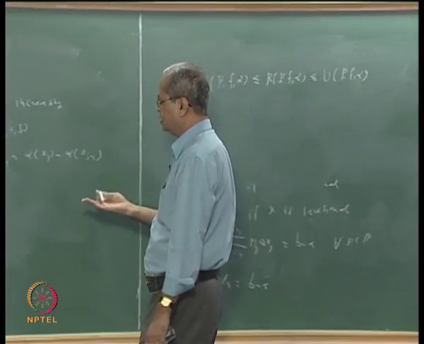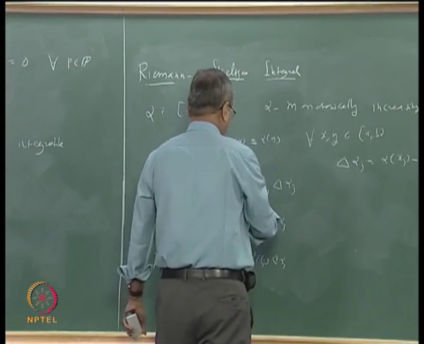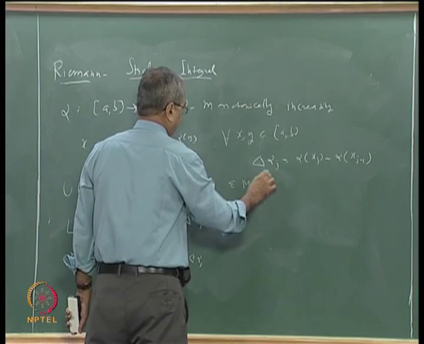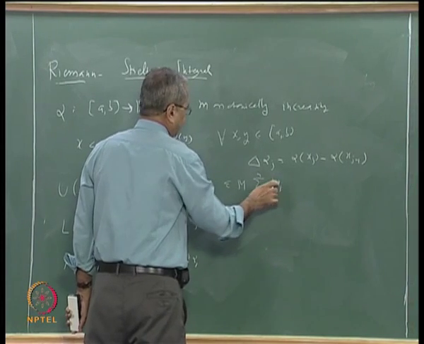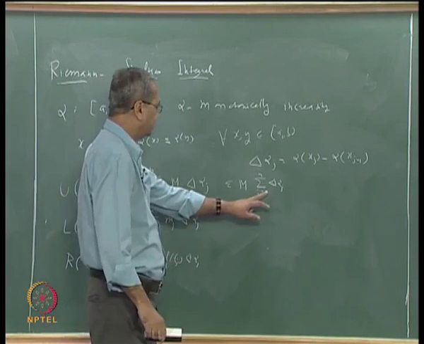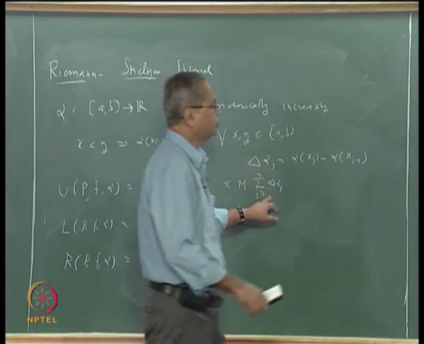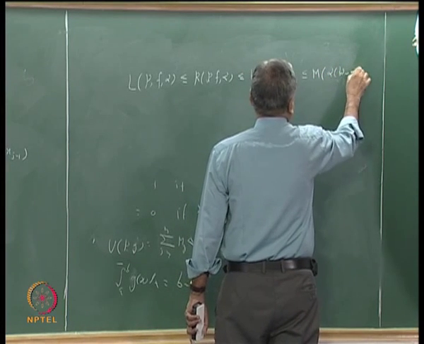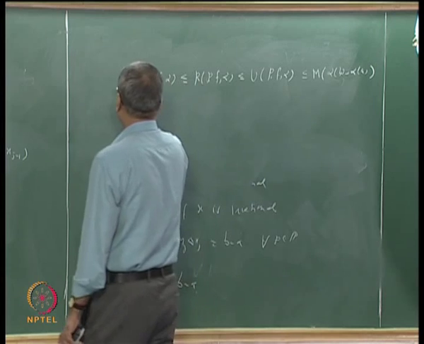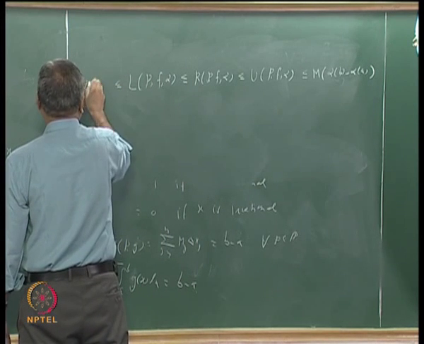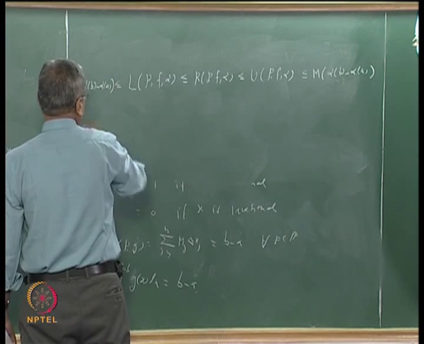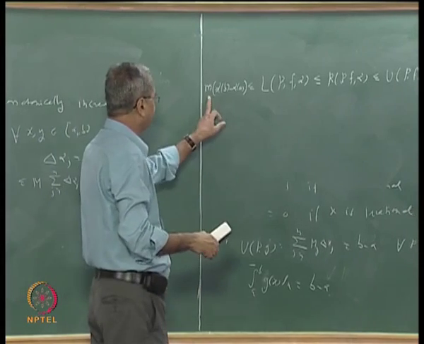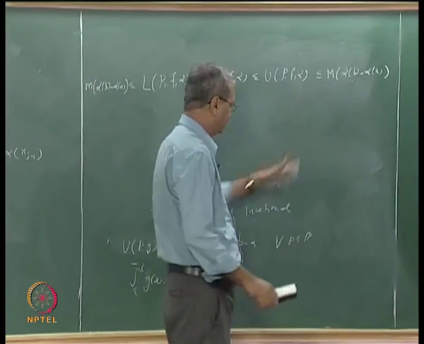And as usual we can say that since Mj is less than or equal to M, this is less than or equal to M into sigma j going from 1 to n delta alpha j, and sigma delta alpha j will be alpha b minus alpha a. Okay. So this is less than or equal to big M into alpha b minus alpha a, and this is bigger than or equal to small m into alpha b minus alpha a. So a similar inequality, if you take alpha x equal to x, this becomes m into b minus a, and that becomes big M into b minus a. Okay.